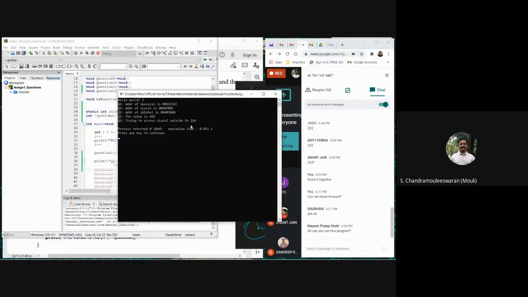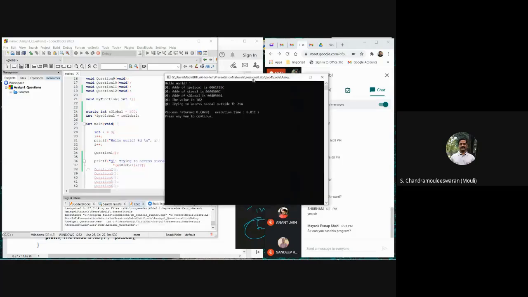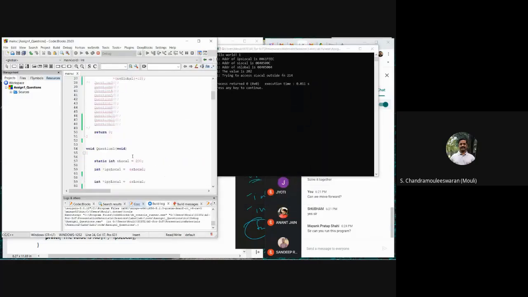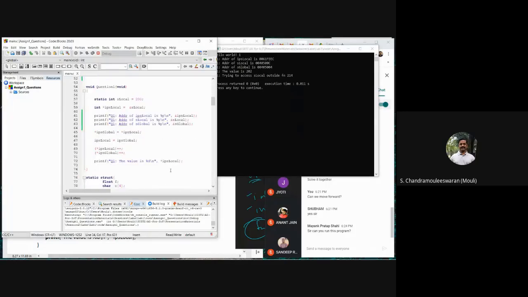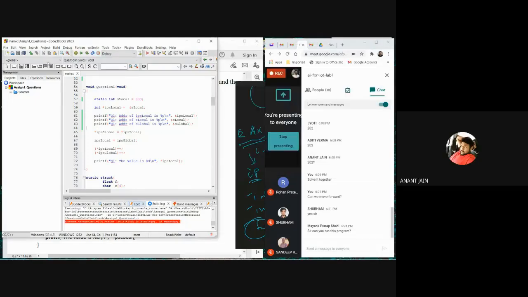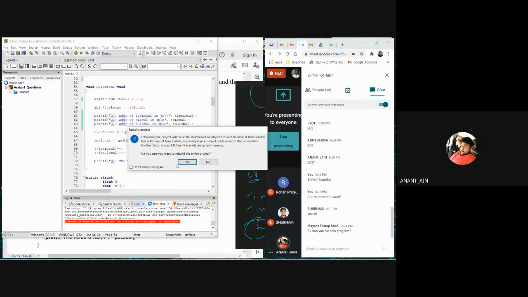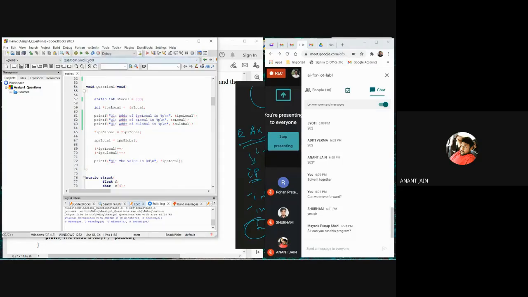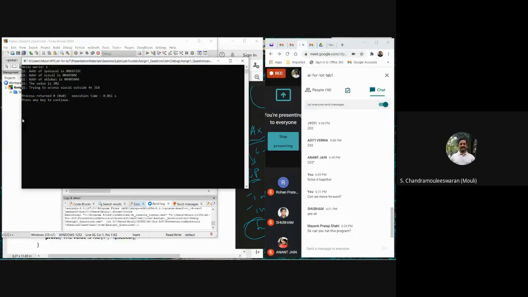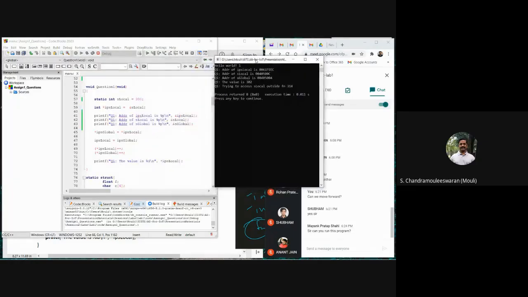Now let us see. It is accessing 214 outside a function, 214. Is it correct? 200 plus is correct. Why is it 214? Okay, let us change this to 300 and see whether it is. Memory address, first of all, 314 it becomes. Then we will try to understand it. Sir, 12 is getting added to 202. Yes, 314. Now, why is it so?